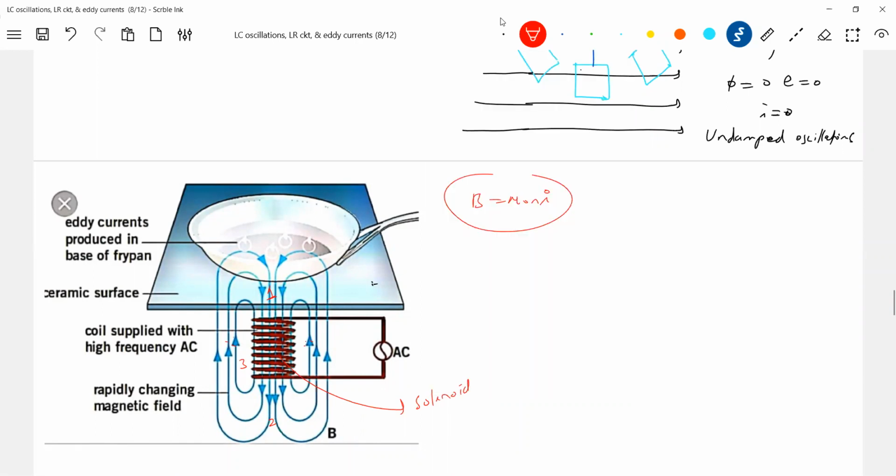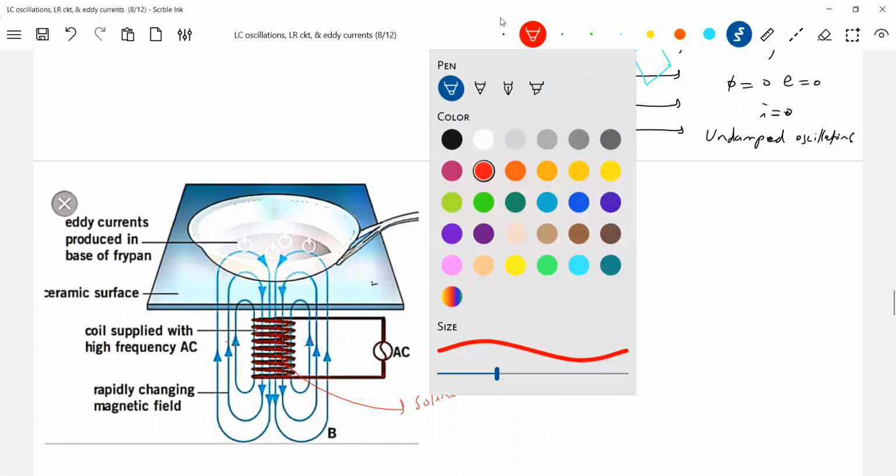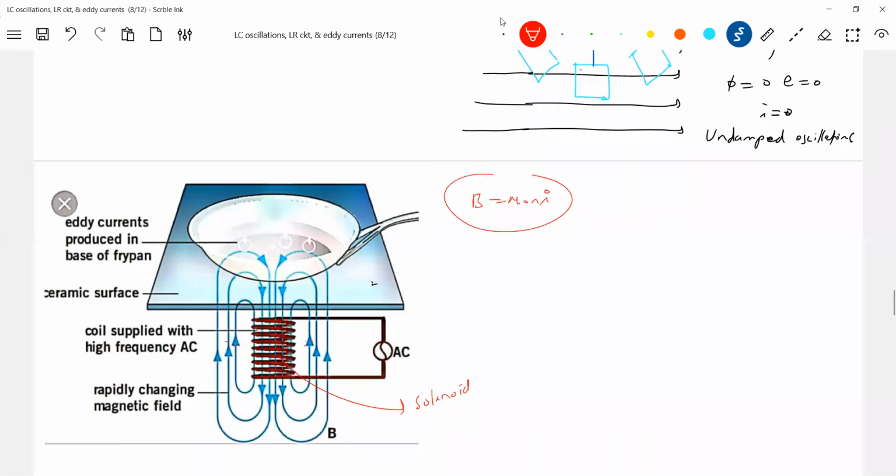They may trouble you with this question. It's not there in books, but since you know the solenoid, it can be asked here. Call this 1, 2, this is 3, 4. So what about this field? At B1 and B2, of course, it will be a little less than mu naught n i. Outside we know it is mu naught n i by 2, and it will further decrease. Anyway, the field will be non-zero.